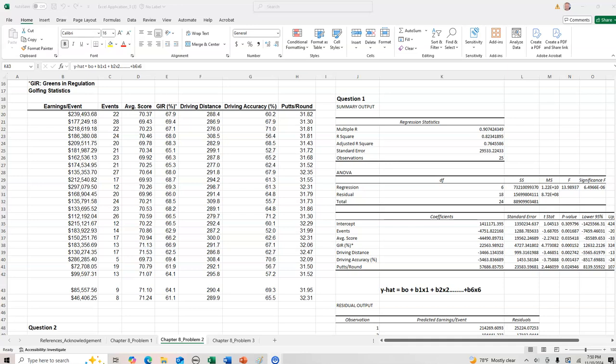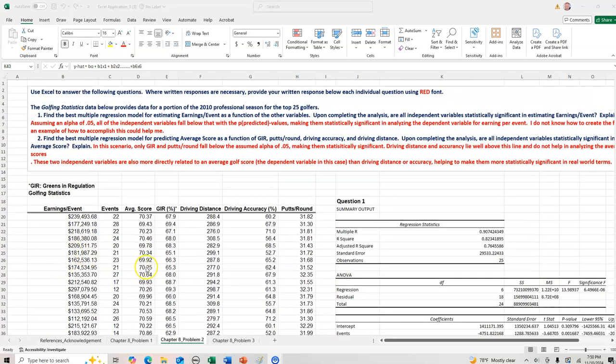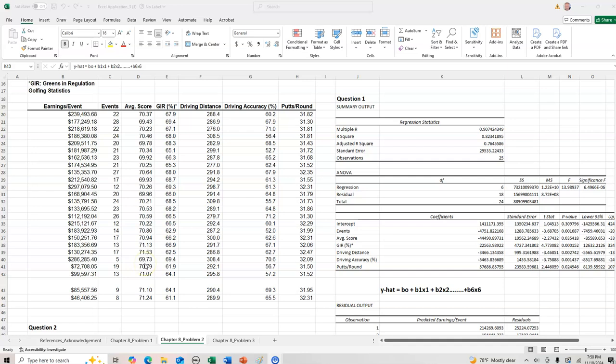Let me see if I can help you out with this model problem on the golf problem. It looks like all the regression results are correct. So in order to come up with this model based on the first question here, it looks like you've got all the regression results correct. The only thing that you need to do at this point, and let me first of all direct you in